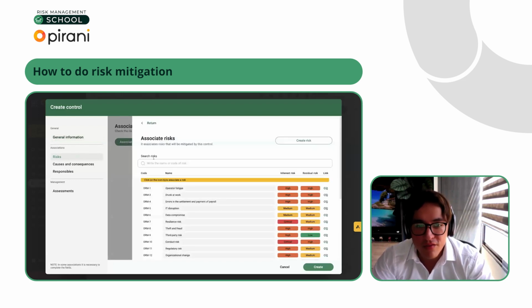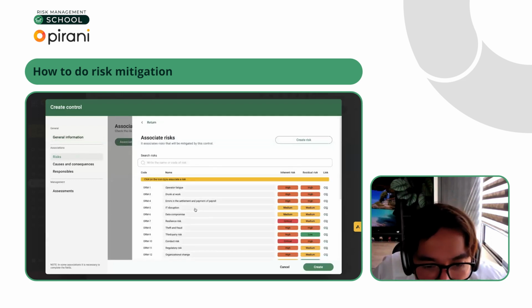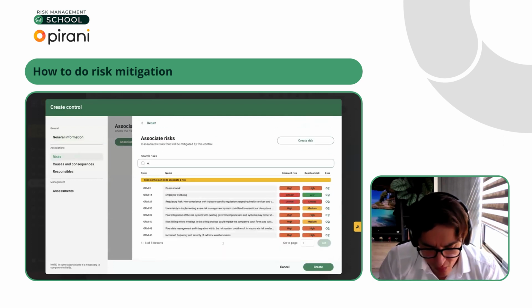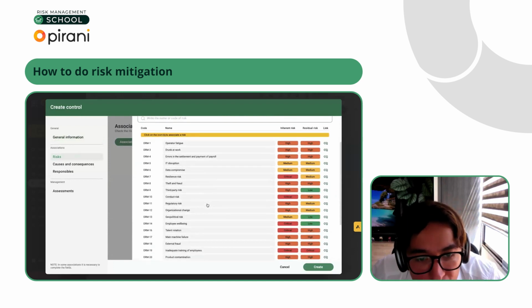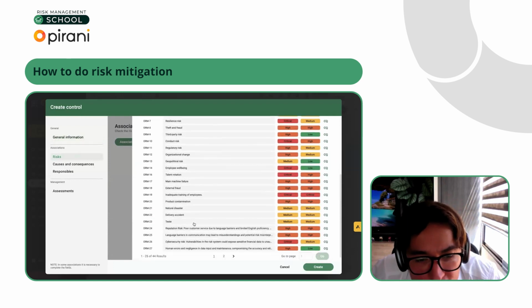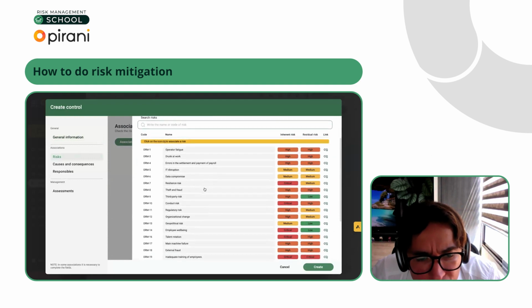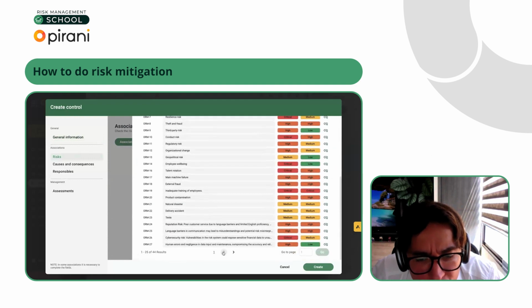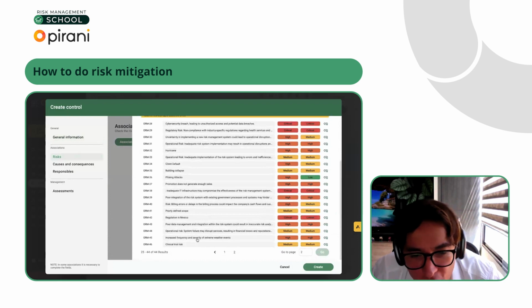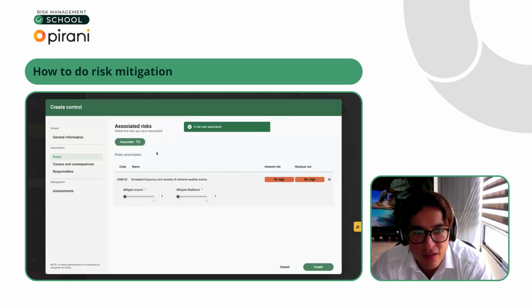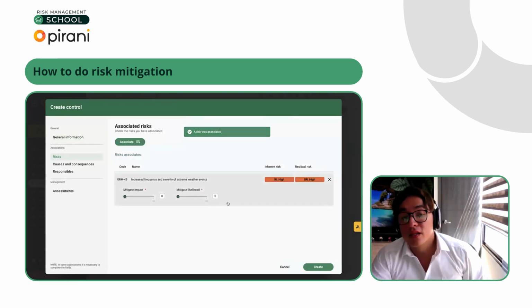For example, the risk will be weather, natural disaster, increased frequency and severity of weather events. So I will link this specific risk.